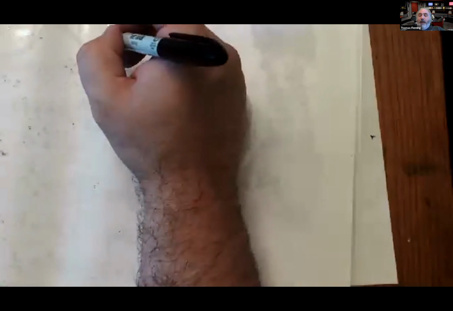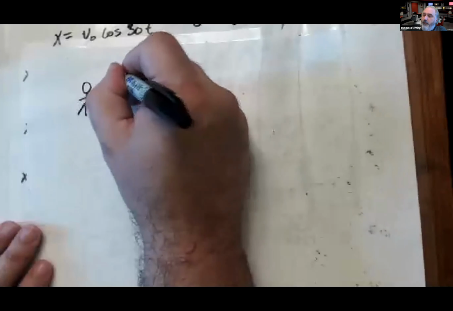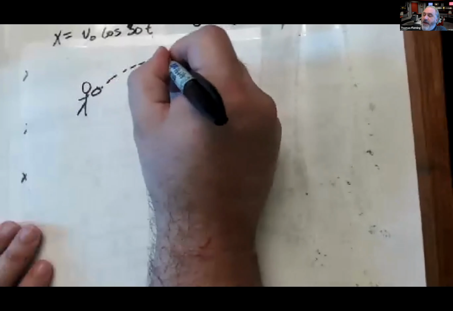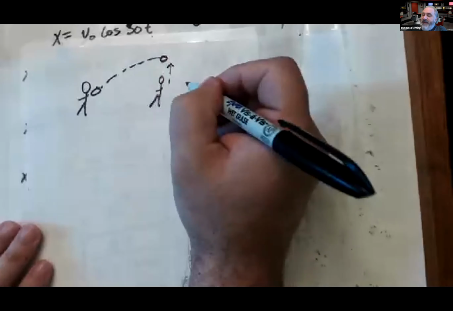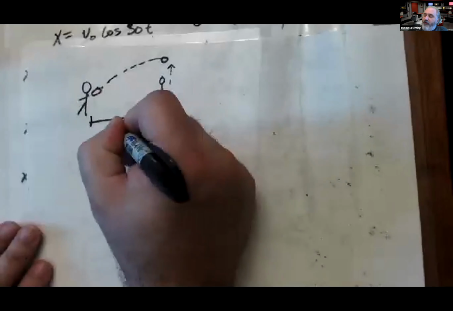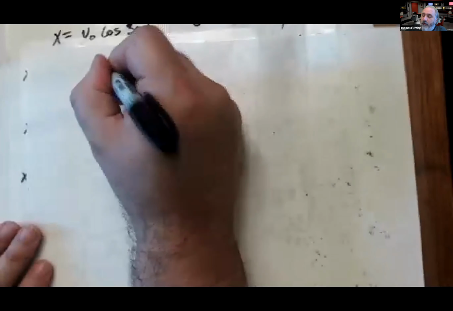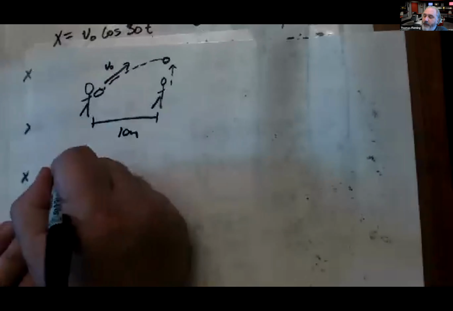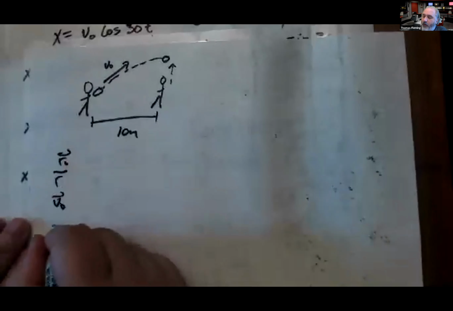So now my picture is a little bit different. Because here's Dak throwing the ball. The ball is in midair now, and my dude's going to have to jump up to get it. So he's going to have to get up here to catch the ball. However, his horizontal distance is only 10 meters. So the starting velocity of the ball is the same as it was before. So when I do my inventory, all the starting stuff